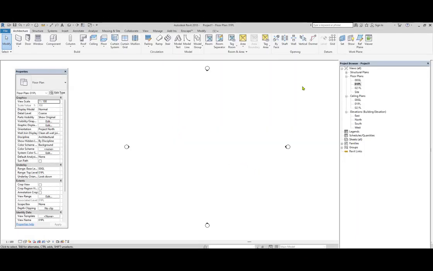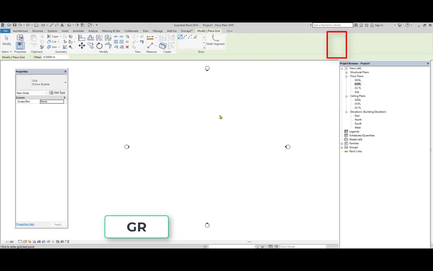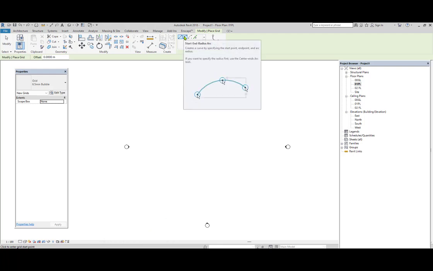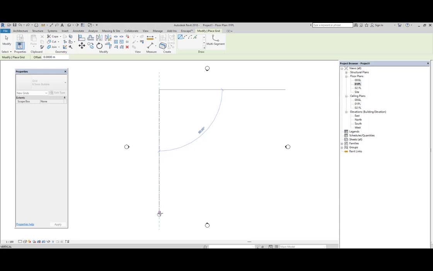In order to get the grid option, go to the datum panel and click on the grid option, or else you go with the short key, that is GR. Here you get a line option, and depending on the shape of the reference line, you can go with the arc shape, or else the pick line option. First I have to draw one initial X line and Y line. I take the line option, and then randomly add a vertical grid line and then a horizontal grid line. Once you get a center line diagram, you can get the idea at what distance you want to add the grid lines.